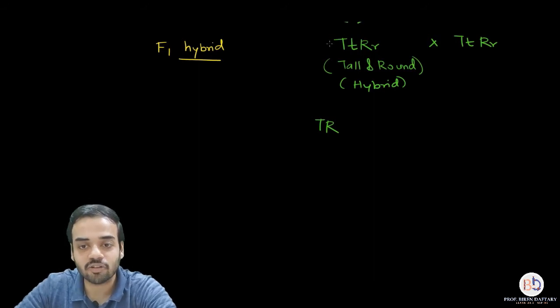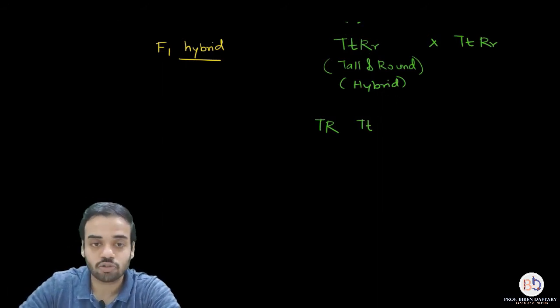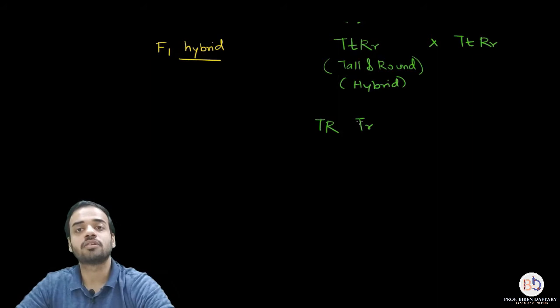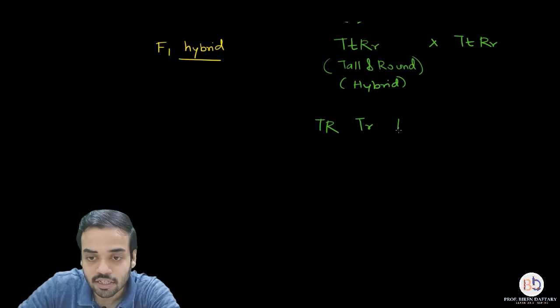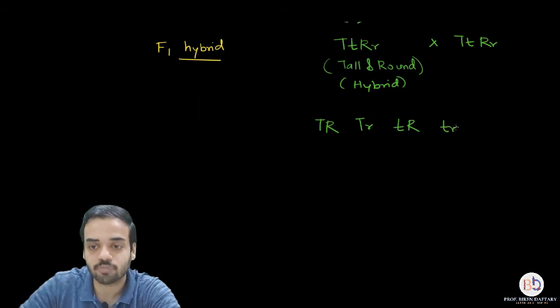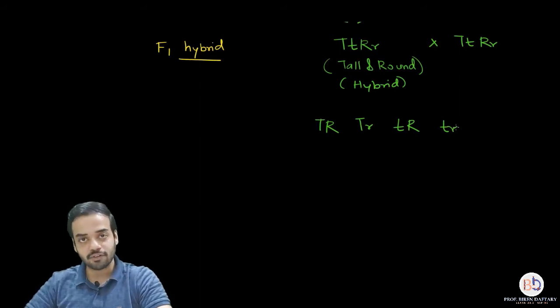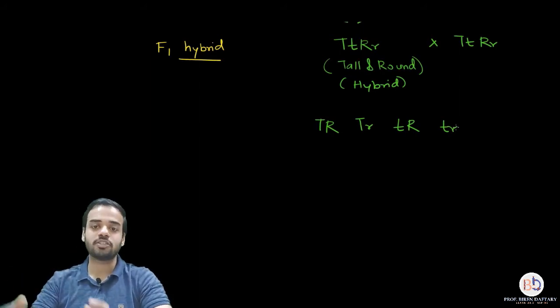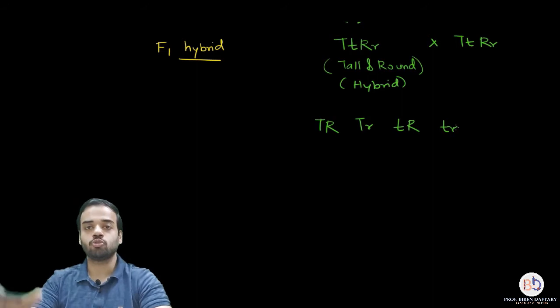Next type of gamete is, now let me again choose capital T from the character of height. And now let me choose small r from the shape of the seed. So the other one is going to be, extremely sorry, capital T, small r. The third gamete, now we have exhausted both the possibilities of capital T. So now we take small t. So it will be small t and shape capital R, small t, capital R, and the last possibility will be small t, small r. So now these are the possible gametes of the F1 hybrid. Since we are selfing, the other organism is also the same, the gametes will be same. So by doing the Punnett square method, we can actually show the F2 generation.